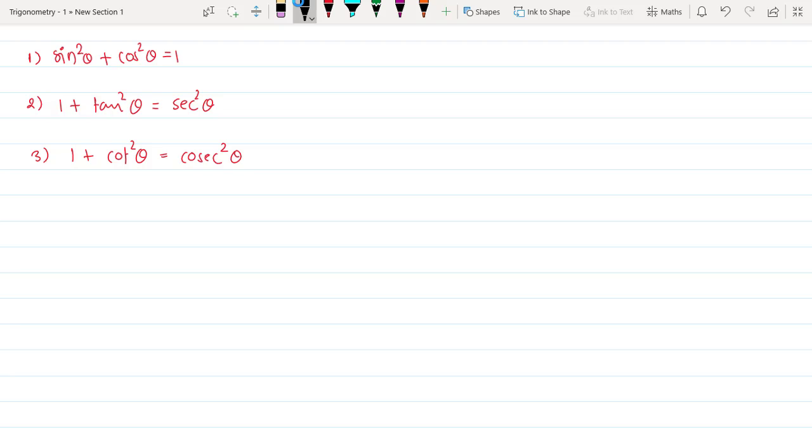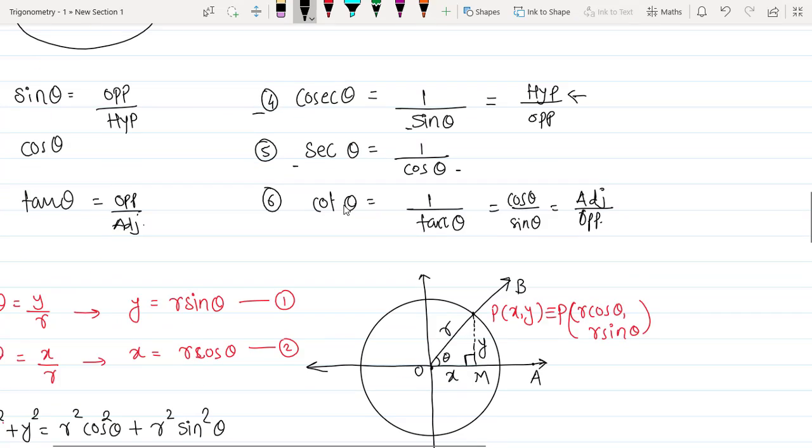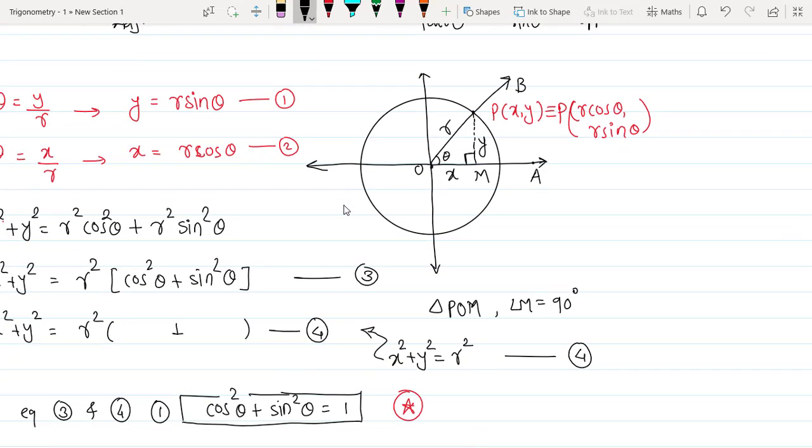Today's first topic will be the trigonometric functions in different quadrants. What happens to their magnitude and their signs? Yesterday we took any one point P(x, y) on this circle and wrote that in polar form, that is P(r cos theta, r sin theta). Let me take that once again. So from that we will be getting,